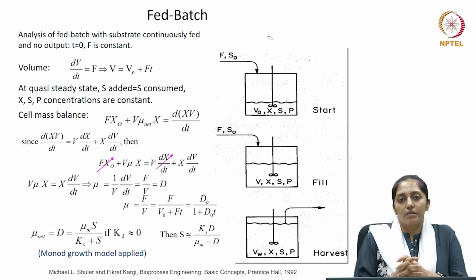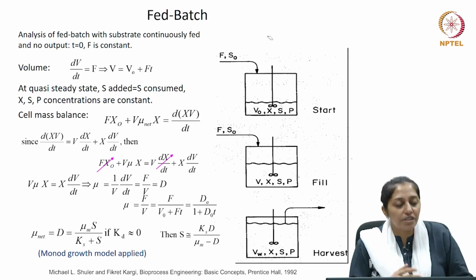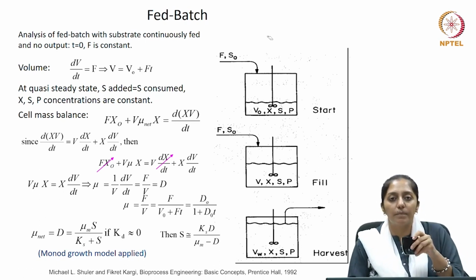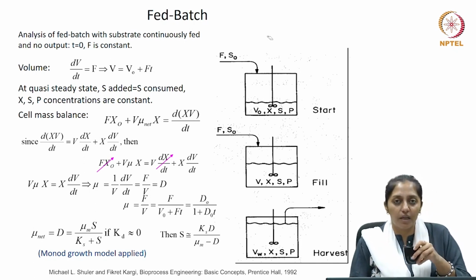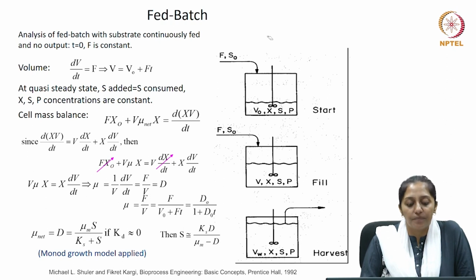It's a homogeneous system, so obviously we are not taking any spatial variations here. The variables were only changing with time as in case of a batch process, but in a quasi steady state fed batch process, you can assume that the variables are no more changing with time. So, let us do a mass balance across this